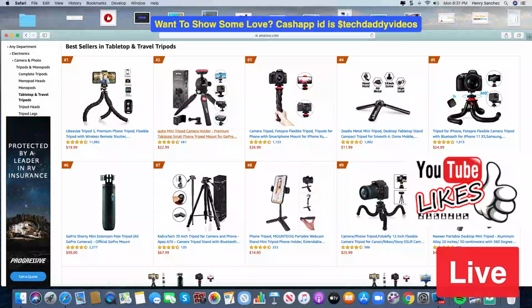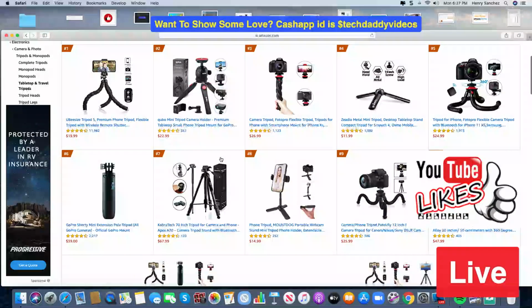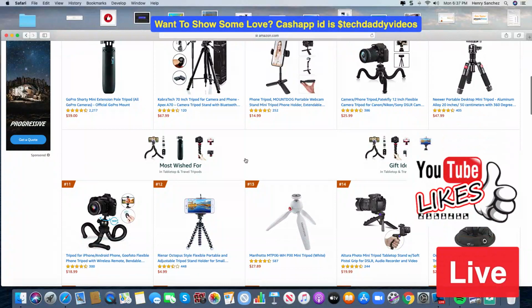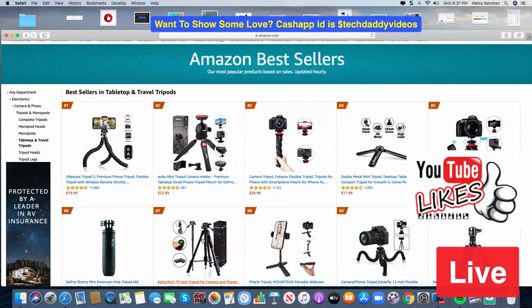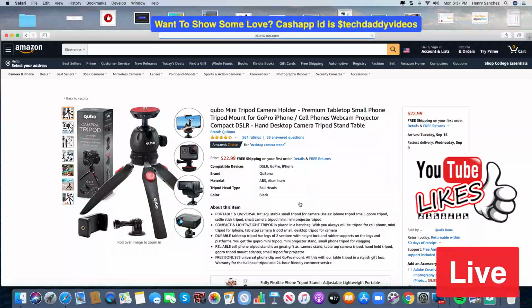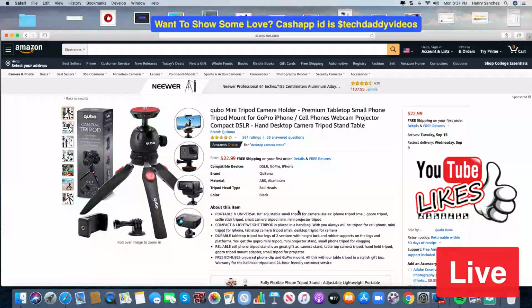As a matter of fact, I believe I have this one right here. Yes, I do. I have this one here, and I also have a few other ones. Oh, I have this one, number 12 right here. That one is a pretty decent one, but it kind of gives you an idea of keywords that are finding this particular product. Now we're going to go ahead and use this number 2. I haven't looked at it, but I'm going to do the exact same thing because this is ranked number 2. I'm going to go ahead and click on this. The price is really good on this. I really like the price on this itself, and so I do the exact same thing.